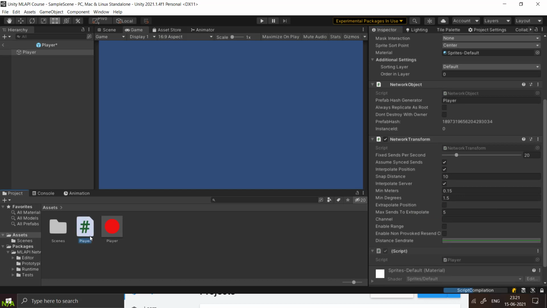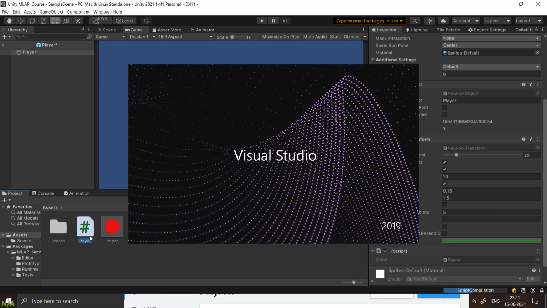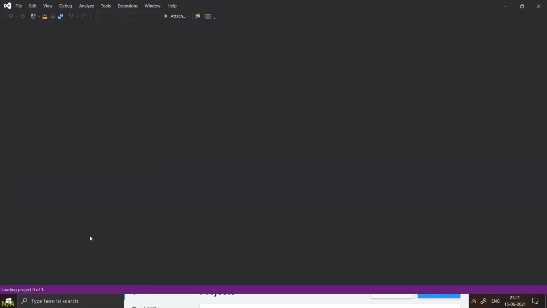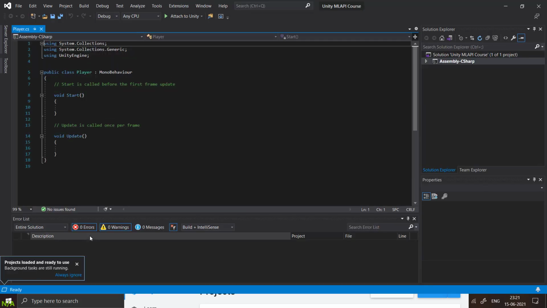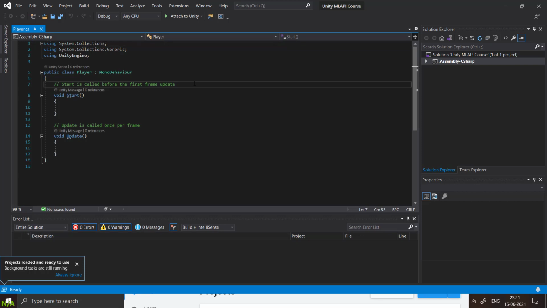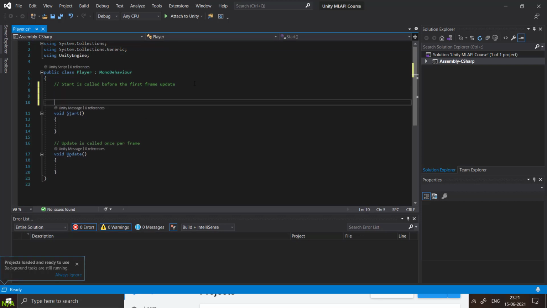So let's see what the script will actually do. I'm assuming that you fully know Unity, but if you don't, this is a simple script and I will be teaching you what the script does. What we do is create some variables.